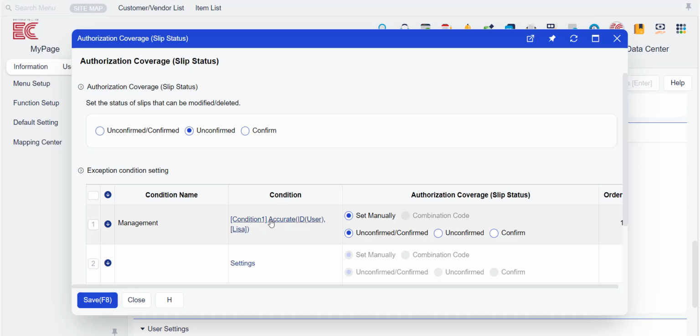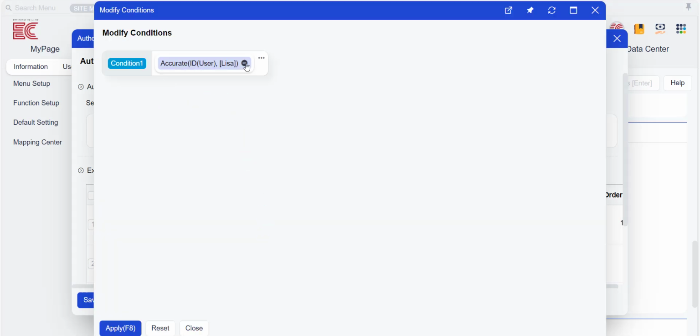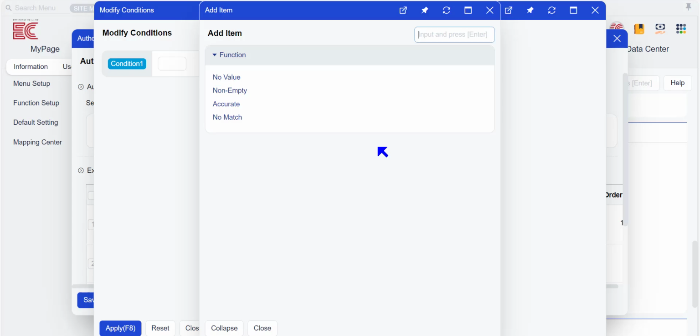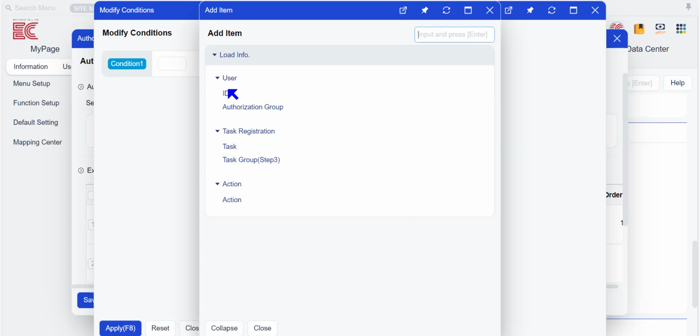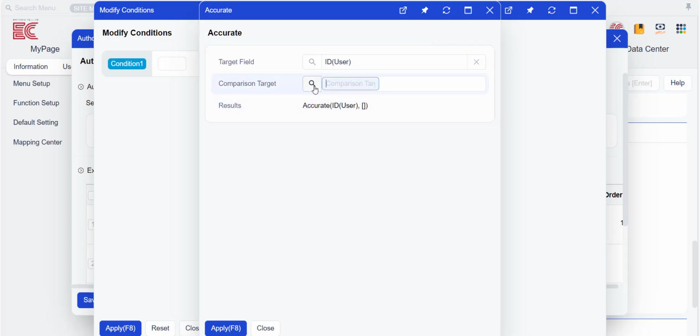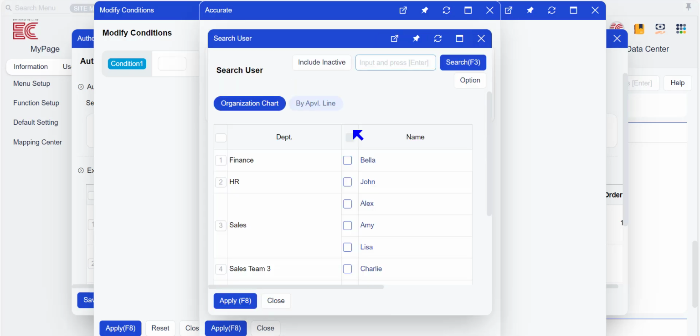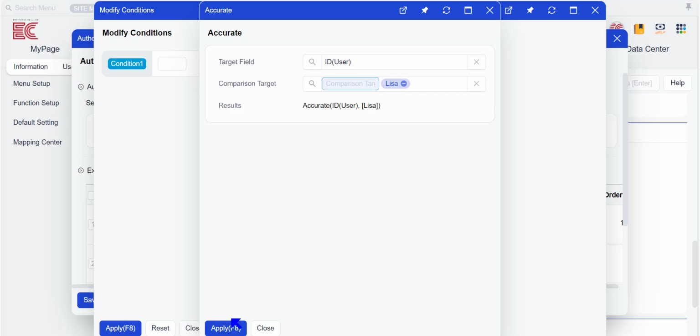Now, click on the condition. Here, it will be empty like this. So double click it and press accurate. And under target field, click ID. And under the comparison target, select the IDs. I will be selecting Lisa. Apply